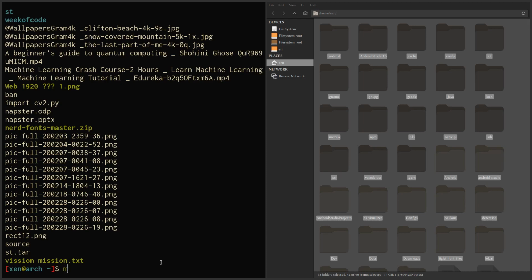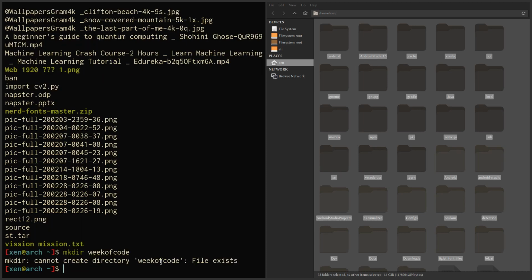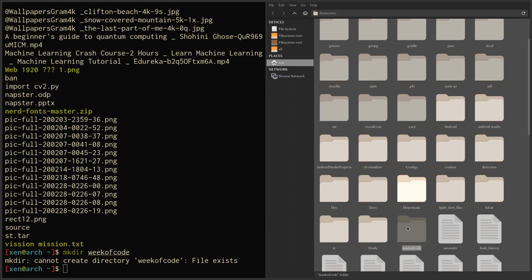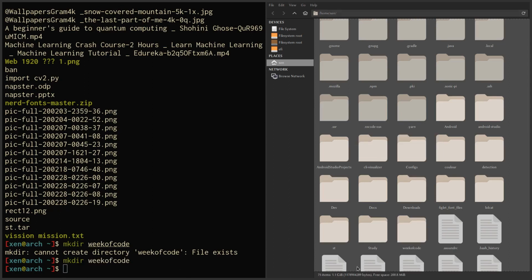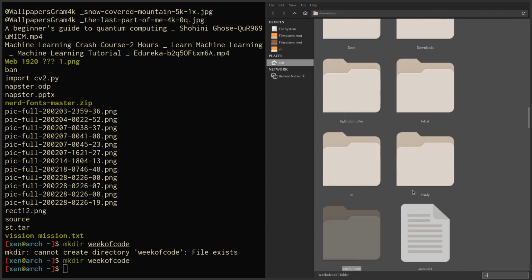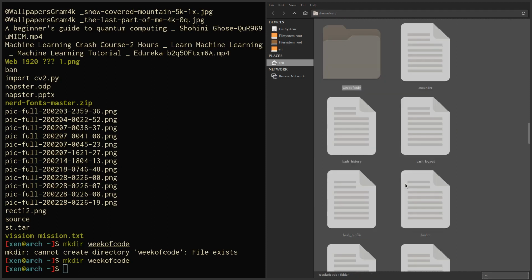For that, type in mkdir space, and I'll just name it week of code. Now that we have created a folder,